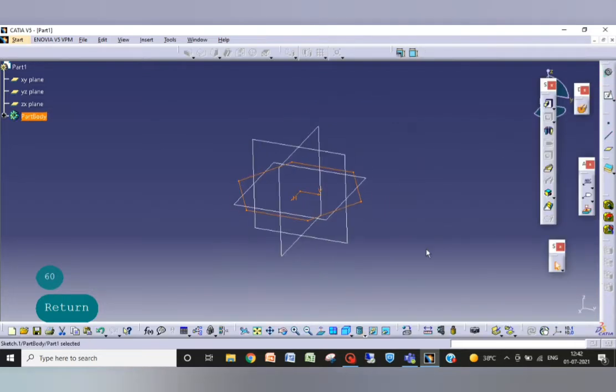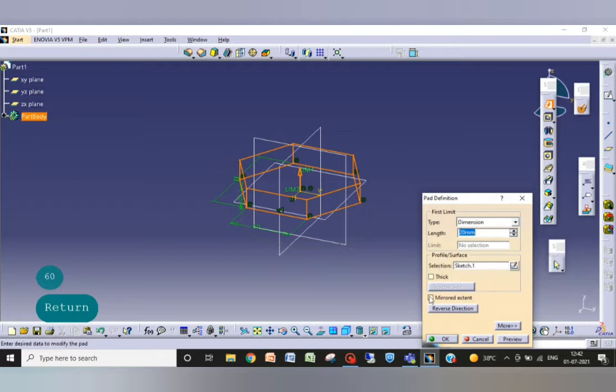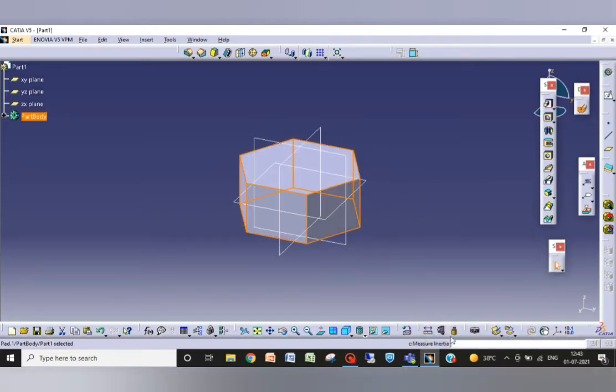Now we can close the sketch and pad this along the mirror extent, that is from both sides. Make it 25 mm and okay. The hexagonal nut is here, but the hole is not there. We will make that hole also.